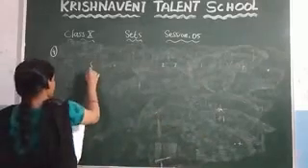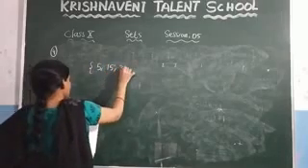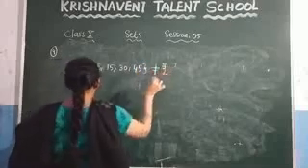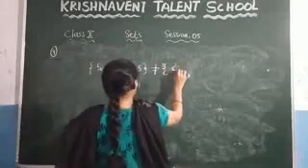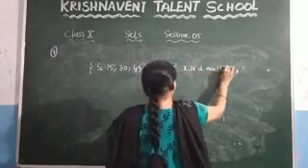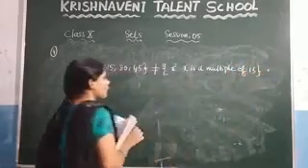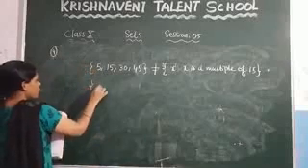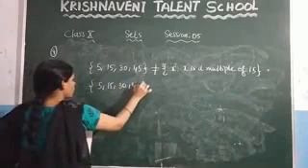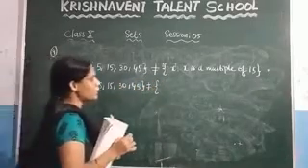The third question: they have given 5, 15, 30, 45. This is the set they have given, and they said that this set is not equal to the set of x such that x is a multiple of 15. Again you have to state the reason why these two sets are not equal. You need to write the second set in the roster form. What is the set given here? x is a multiple of 15.